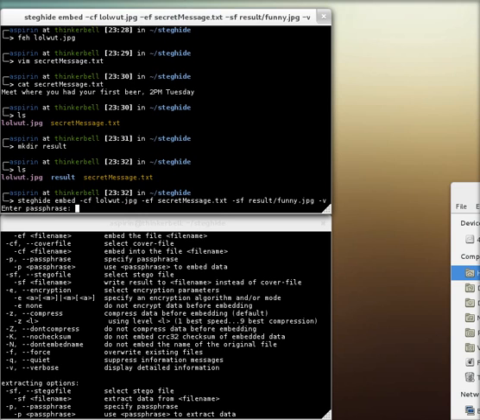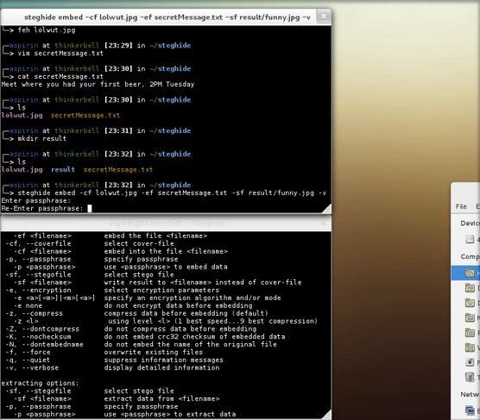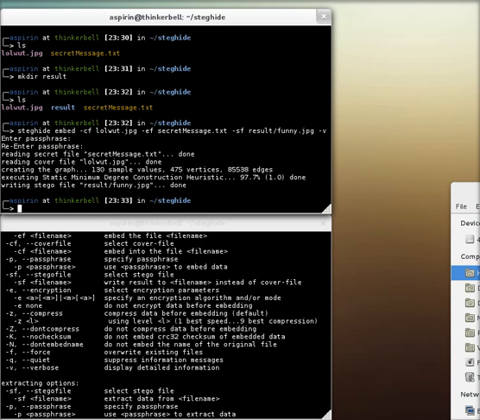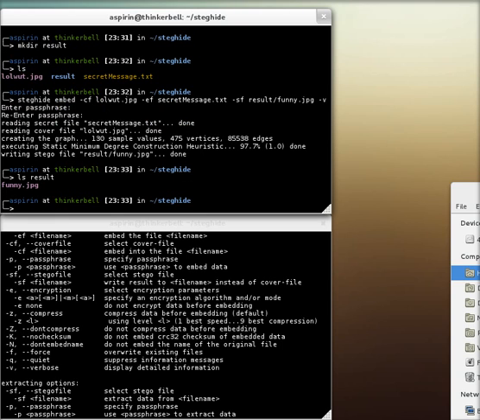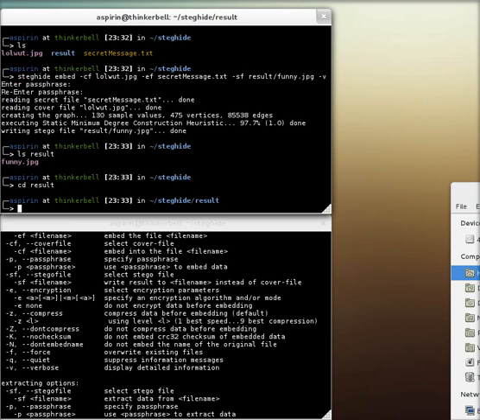So I hit -v, and it'll ask for a passphrase. I'll just use the passphrase I put on my luggage. It'll want you to re-enter it. And then real quick, there it is, it's done. So now we can list the contents of the result directory, and now we have this brand new JPEG in here, which if we open it up,